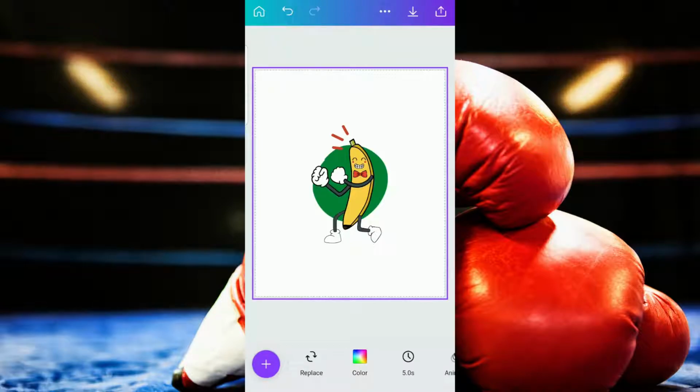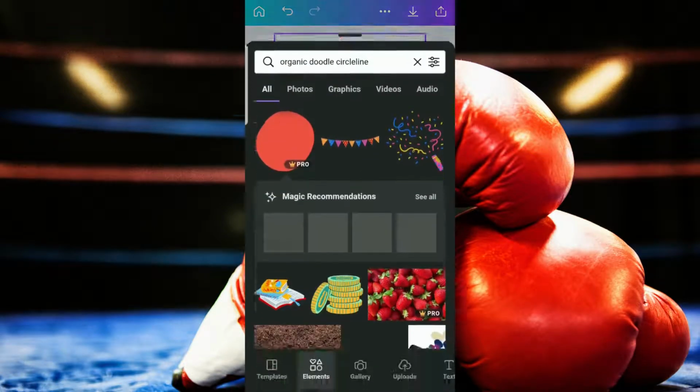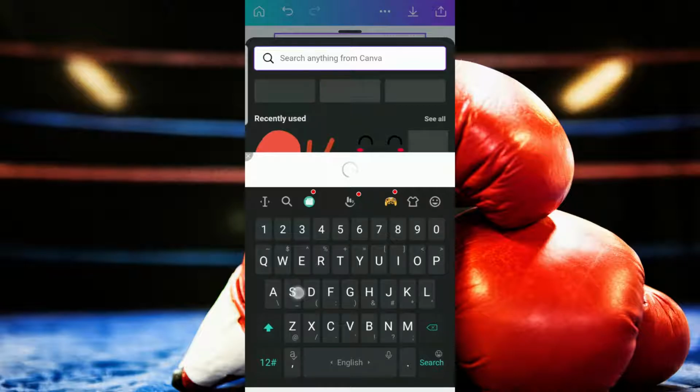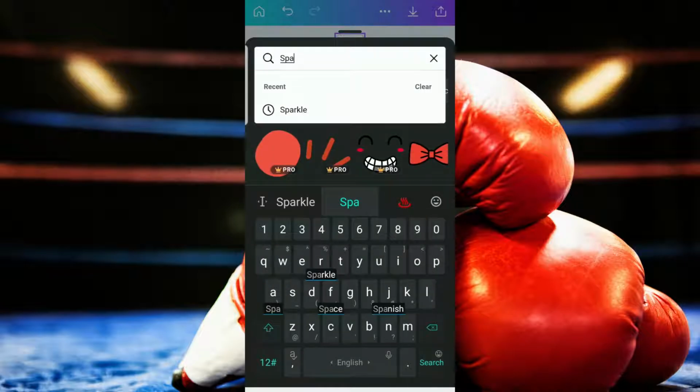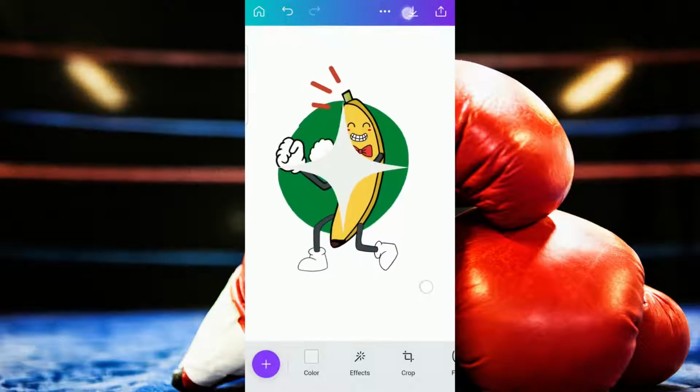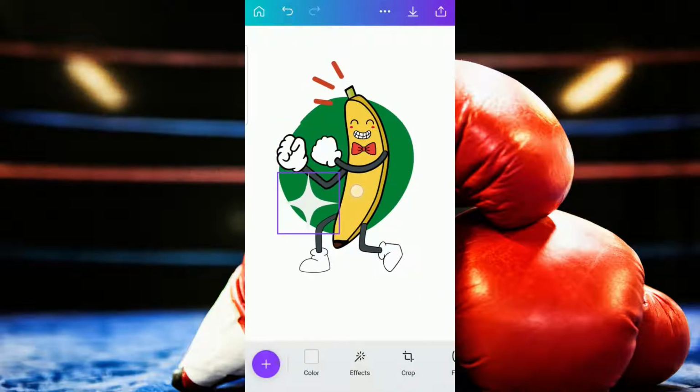Okay, the next thing that we're going to do is to add the sparkle. So you come back to the plus sign located at the bottom left of your phone, clear the last search result, and type in sparkle. There we go, sparkle. I'm already seeing the graphic that I want to use. It's that white star in the middle there, next to the gold stars and the outlined white stars. So we're going to tap on that, and we're going to make it smaller,